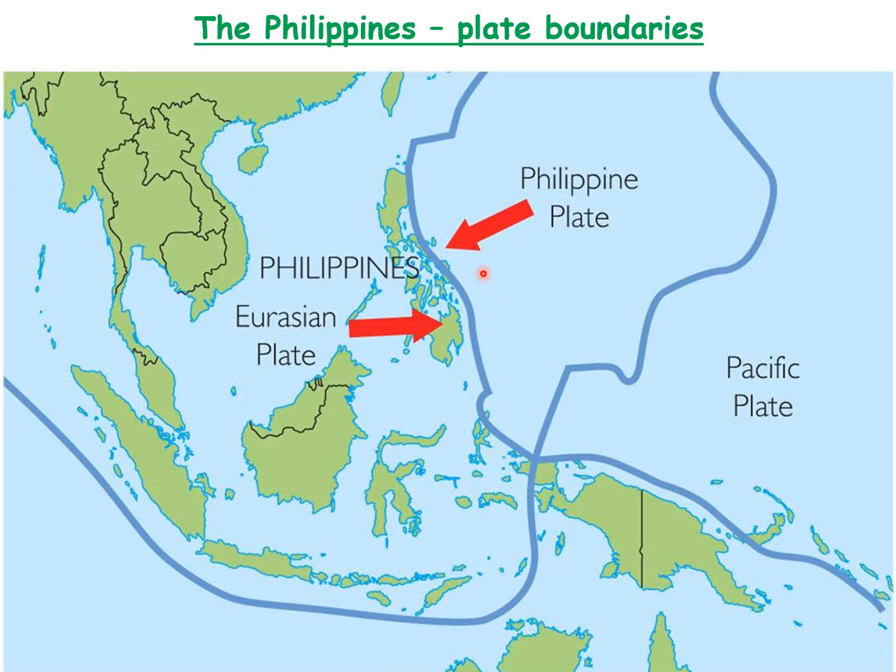Here we go, and you can see there's the Philippines. Something like 7,000 islands there, and you can see we've got this collision taking place, convergence. If you want to confuse it with a collision zone, this is an island arc, effectively volcanic. And although it's tropical, it's beautiful, having spent many months there myself. It's very mountainous. It's the coastal areas that tend to be flat, and you can see the two plates crashing together, and you get that subduction.